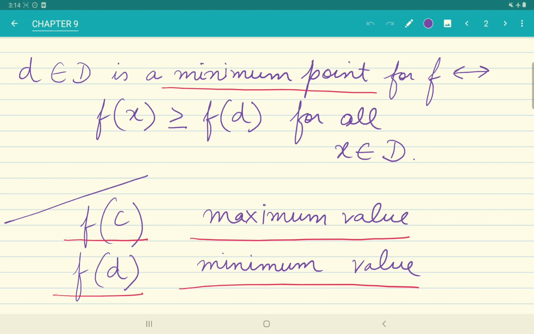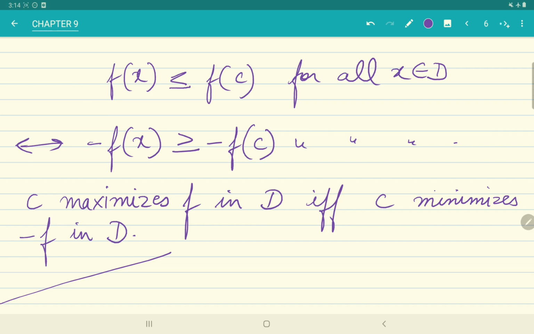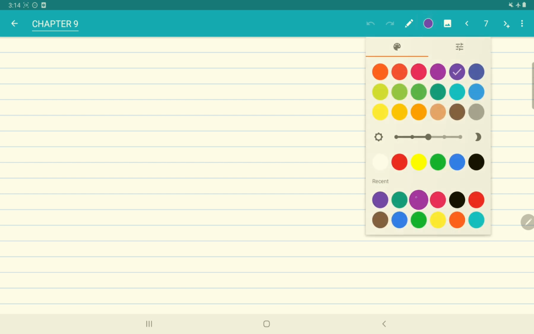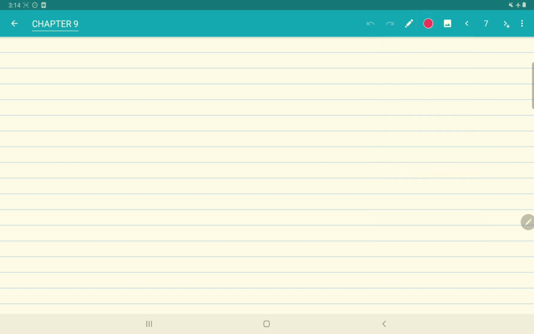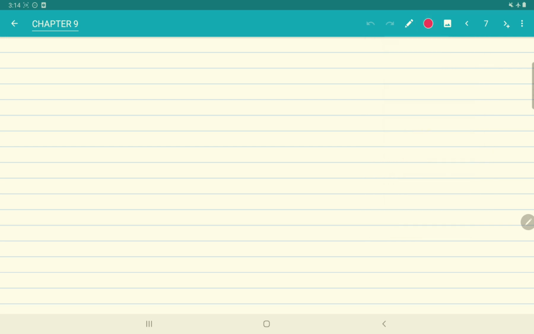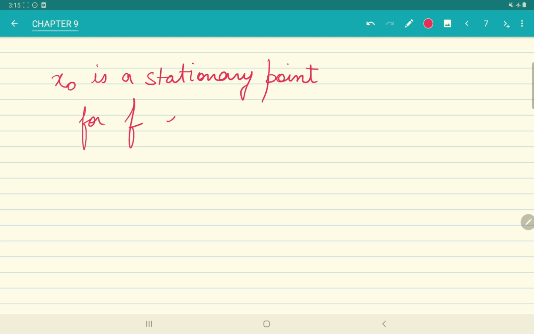And in this way, I can write that x naught is a stationary point for f if f prime of x naught